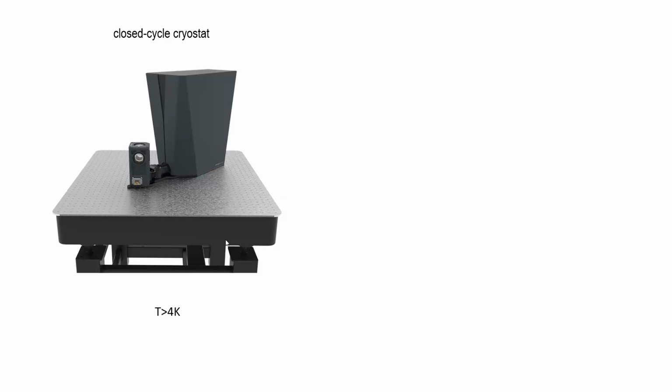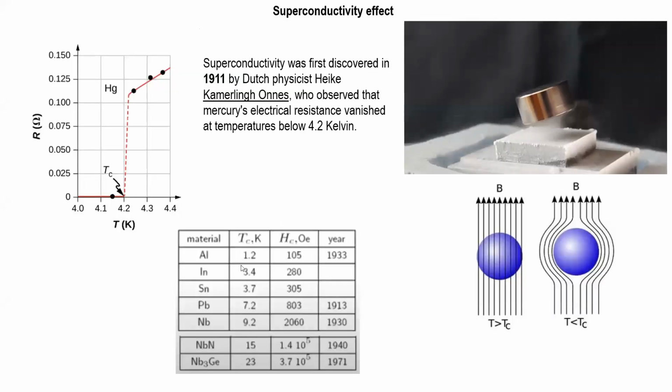And if you look at this table, materials like niobium or lead already demonstrate the superconductivity effect at this temperature. So we can achieve the superconductivity effect in our lab. And the system is portable, about the size of a big coffee machine,